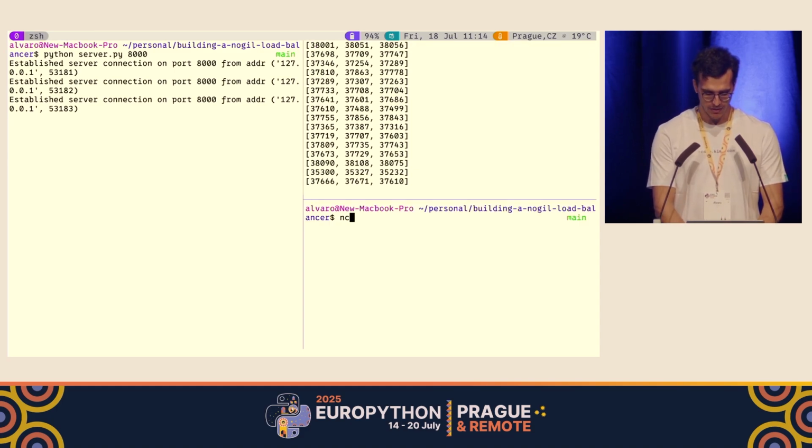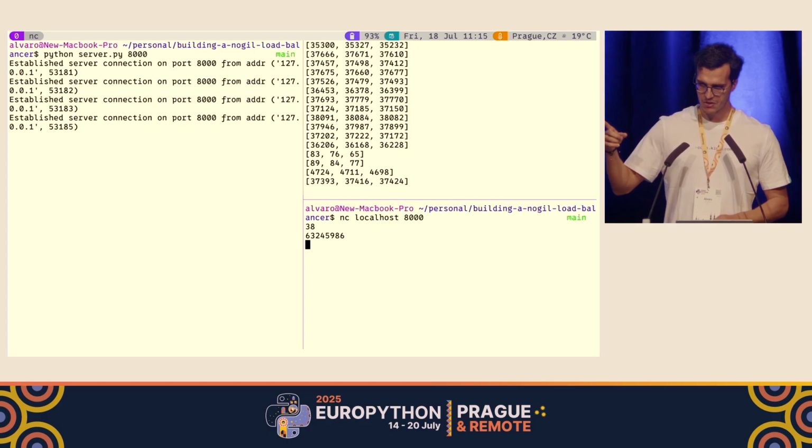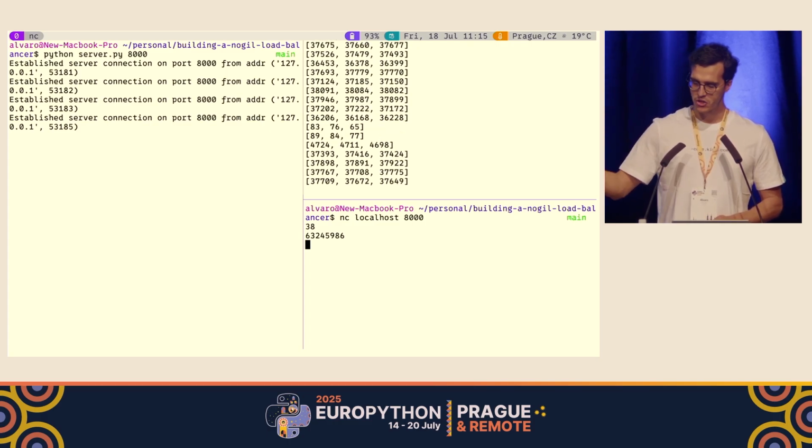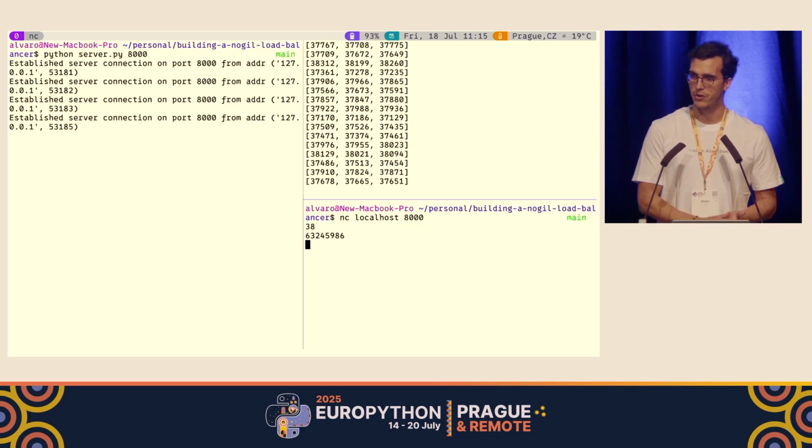What is interesting about this is that I'm going to create a new connection, and in this case, rather than just sending a 1, I'm going to be sending something that is going to take way longer to run. And you can see that something's going on here: another connection that is slower is messing around with the threads that are already running, and that's the GIL. The GIL is making this long connection take precedence over the other ones. The reason is that the switching is going to happen way less often when the connection is longer than when the connection is faster.